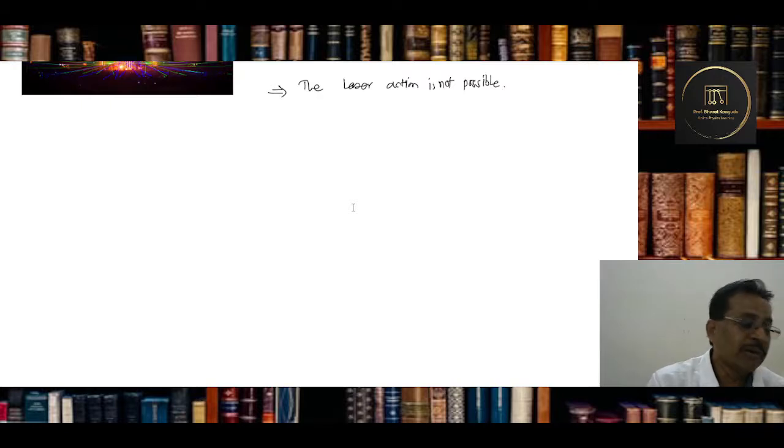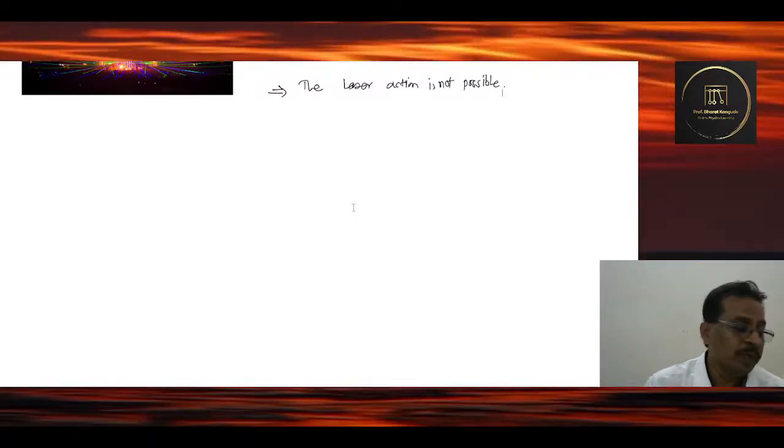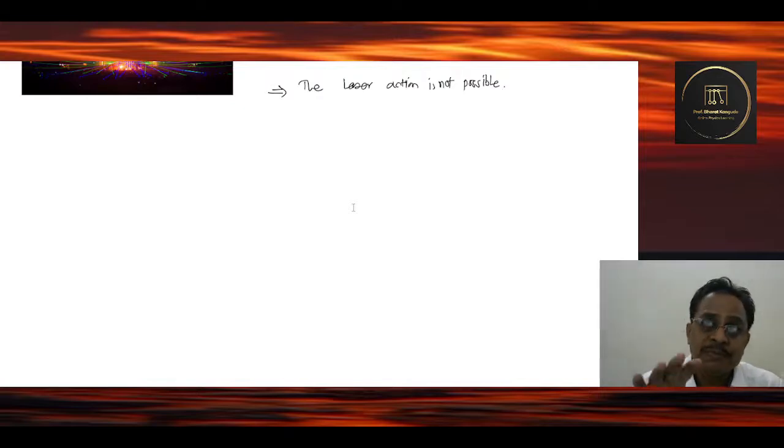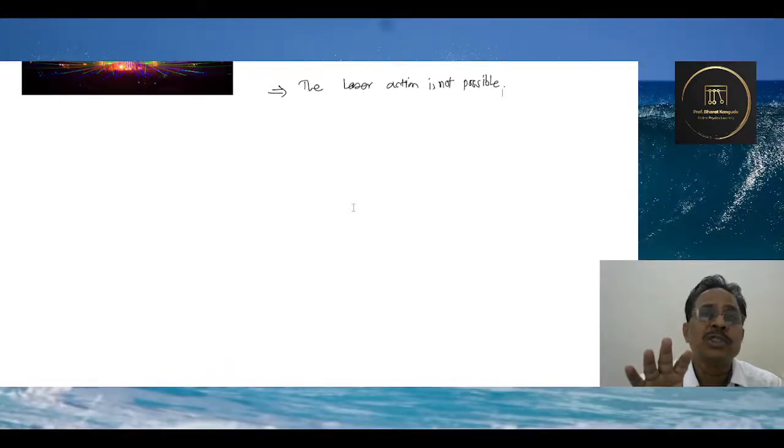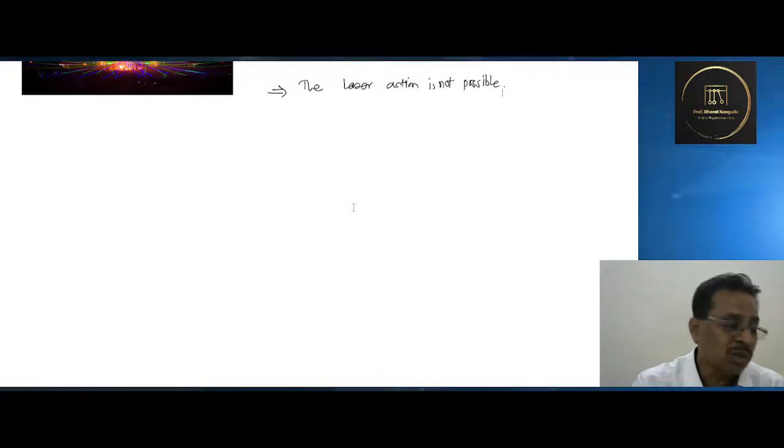So this entire fact suggests that the light field density, rho nu, present within the material is required to be enhanced if we want a large number of stimulated emissions. If the external radiation, the photon field we are using, is a weaker field, this type of laser action is not possible. Therefore I can increase this rho nu, and thereby the number of stimulated emissions can be increased, and then stimulated emission may be made dominant. That is the requirement.